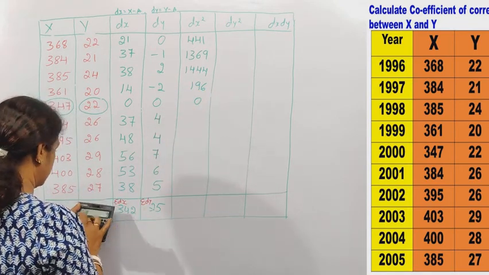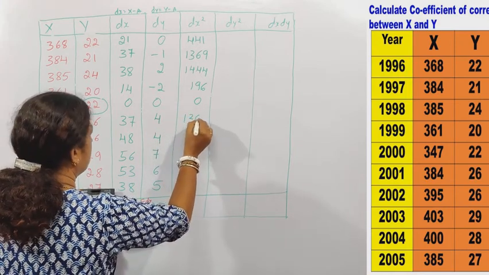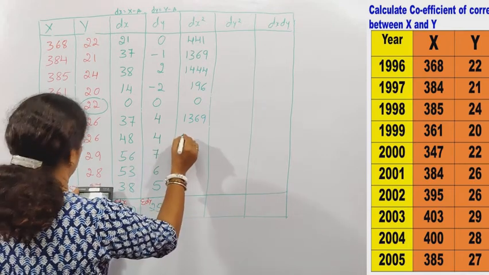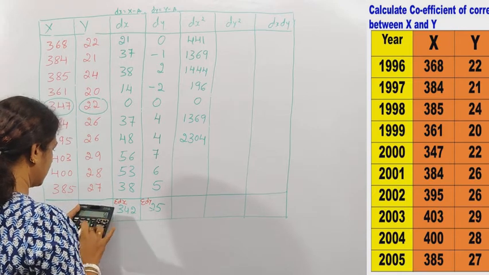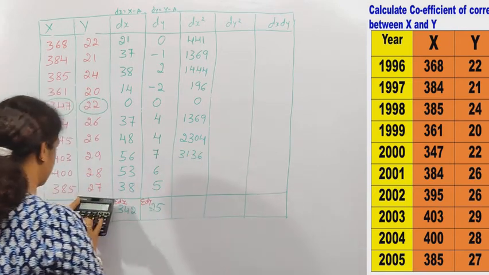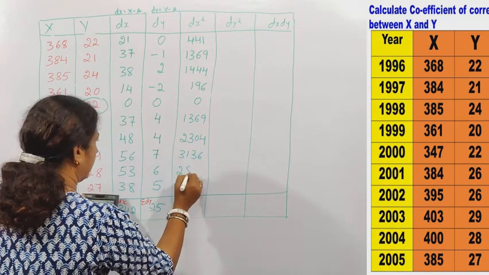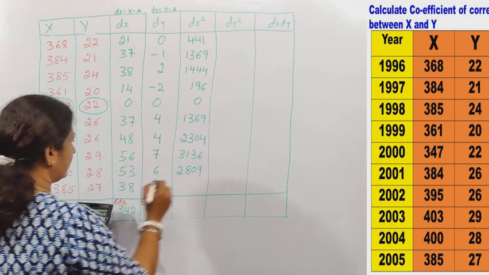Next 37 square 1369. 48 square 2304. 56 square 3136. 53 square 2809. 38 square